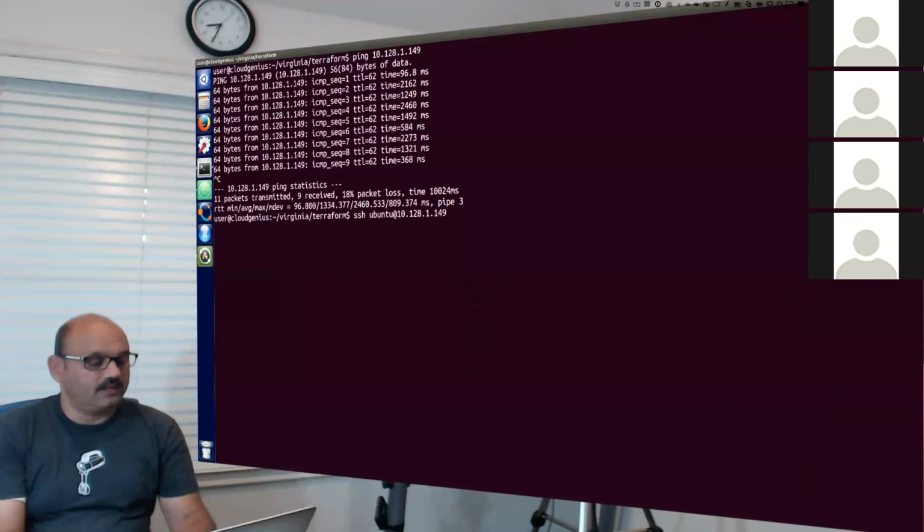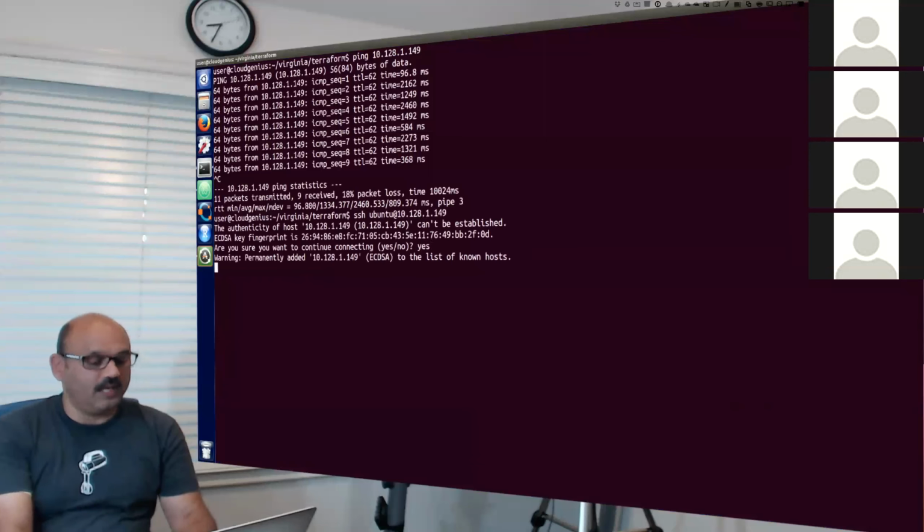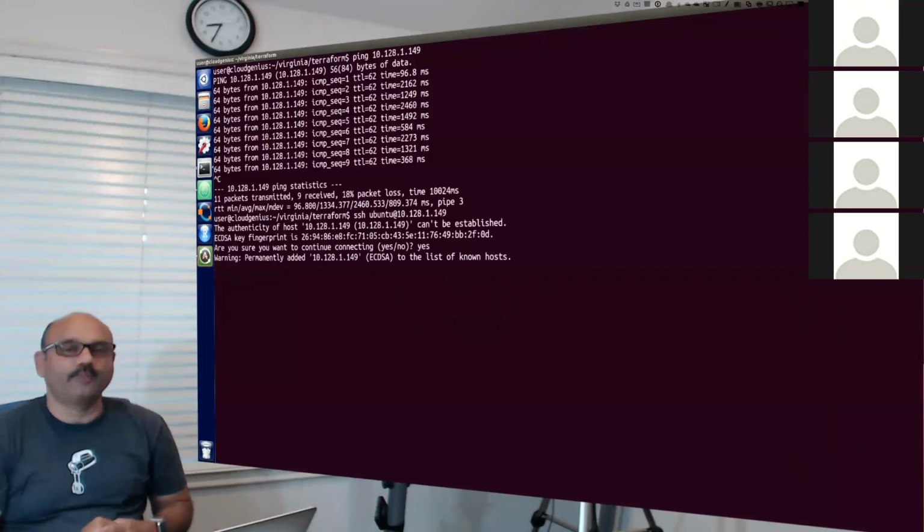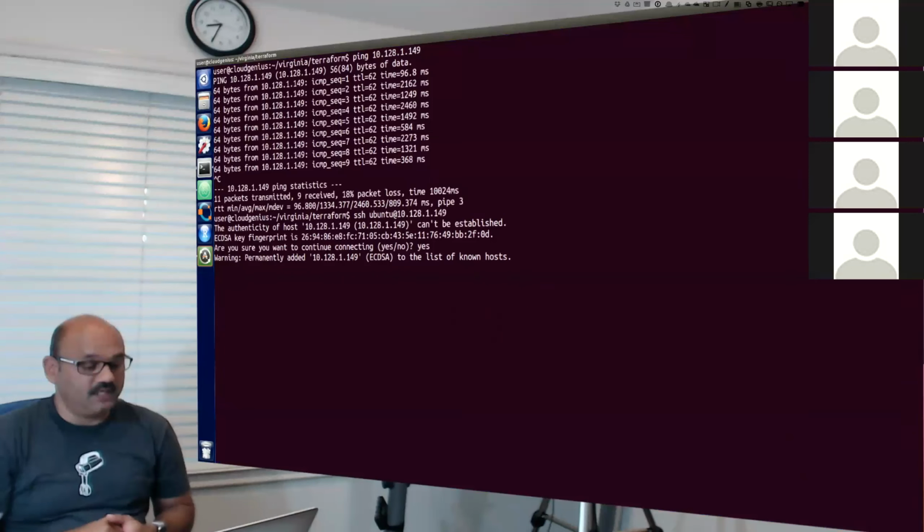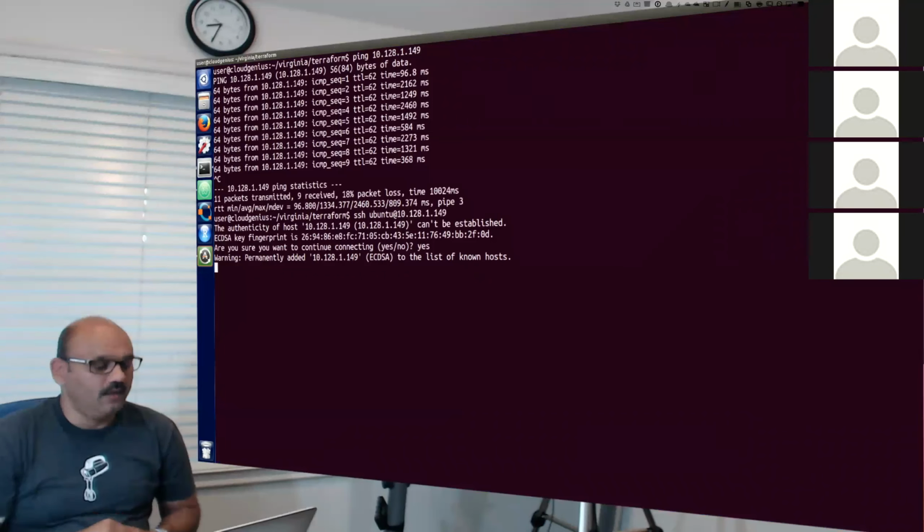And since we are inside the VPC, it should allow us to connect to the app0 machine just fine. And we got connected, by the way.